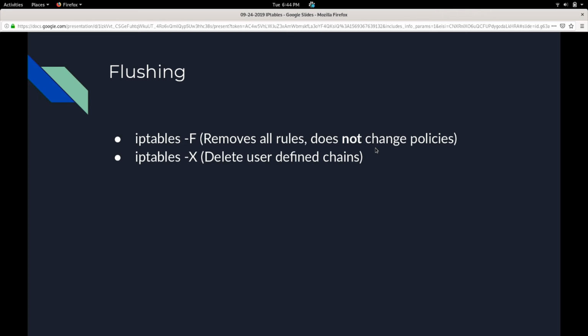That deletes all the user-defined chains. We don't care about that too much. That's a pretty minimal issue. Actually, that's table. Yeah, it's user-defined chains. So you can create your own chains. That gets a little more complicated. If you run -F and -X with something like firewalld running, it'll wipe basically everything firewalld does out of existence